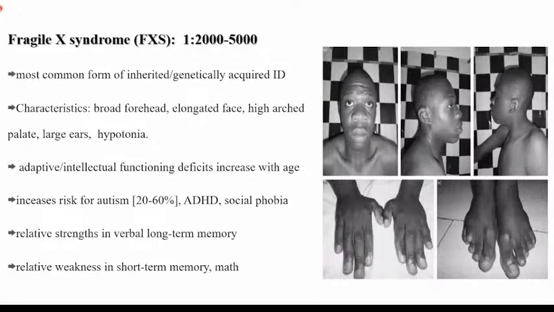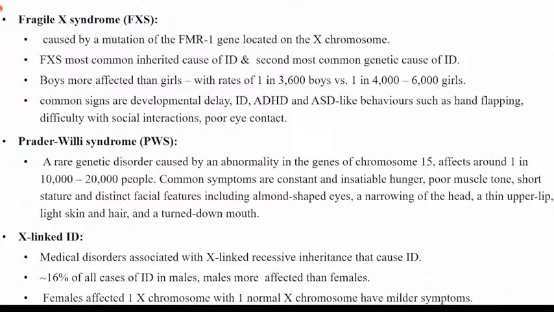The thing about Fragile X syndrome is that the intellectual and adaptive functioning deficits increase with age. There's an increased risk for autism, and 20 to 60% do get autism spectrum disorder. There's also a higher risk for ADHD and social phobia. Their relative strength is in verbal long-term memory, but they have weaknesses in short-term memory and in math. So if you're having problems with maths, check, you could be having FXS. I'm joking. Fragile X syndrome is caused by a mutation on the fragile mental retardation 1 gene,